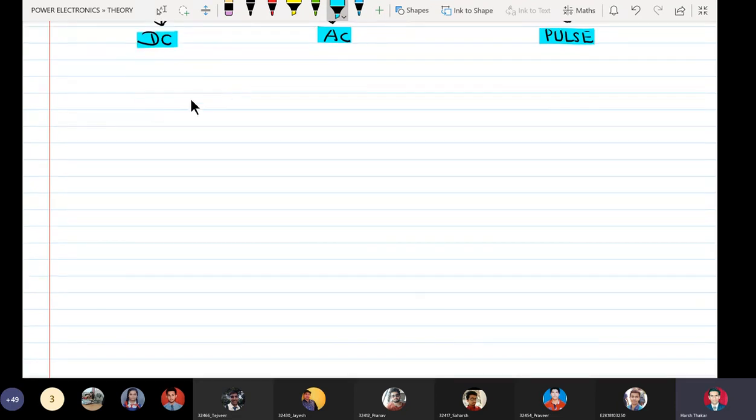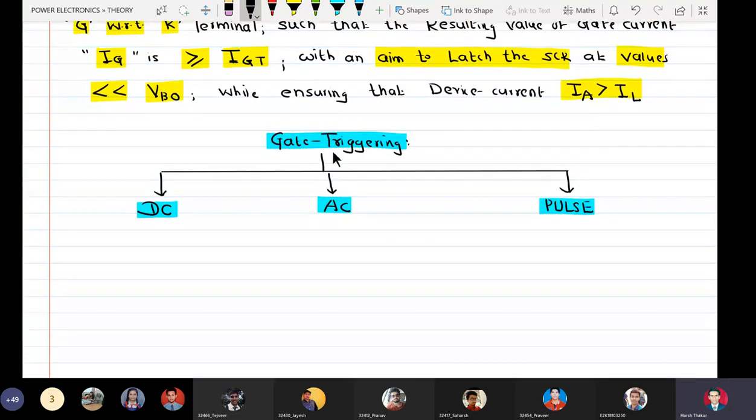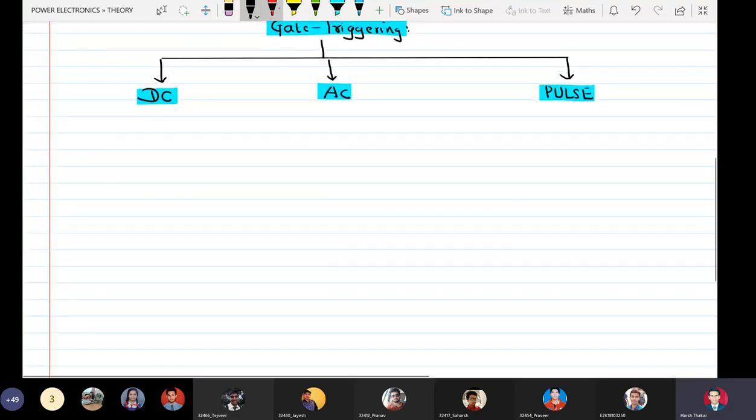So the DC triggering circuit can be drawn something like this. Just see how I develop the diagram. Let us define DC triggering. In case of DC triggering, the basic definition is that a DC potential is applied at gate with respect to cathode.